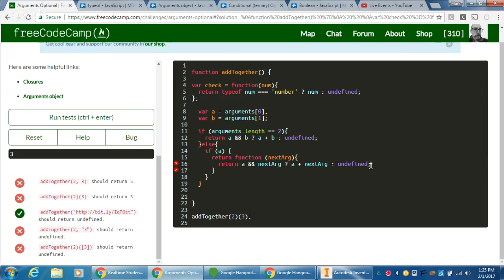Nice. And again, this closes the if, return undefined, this function, so we need a semicolon there, and then this is the end of the if, so